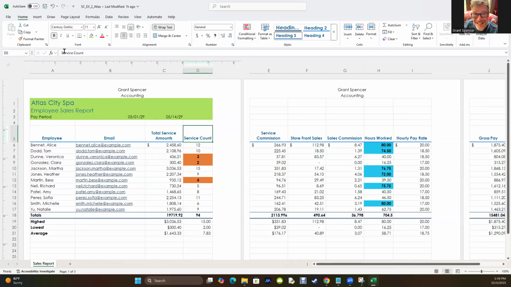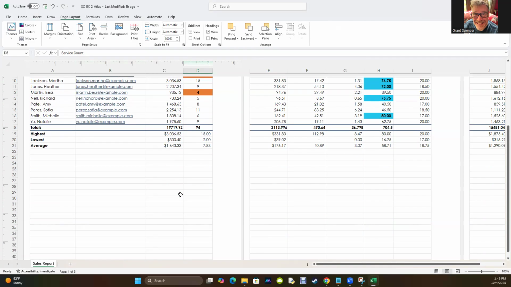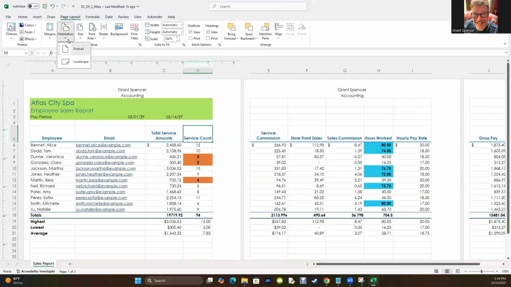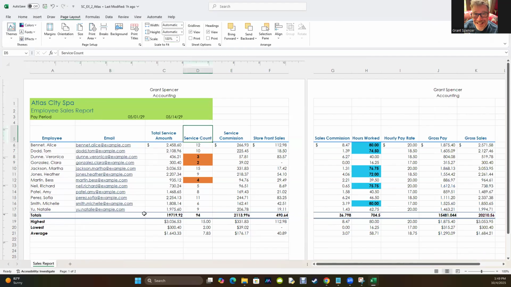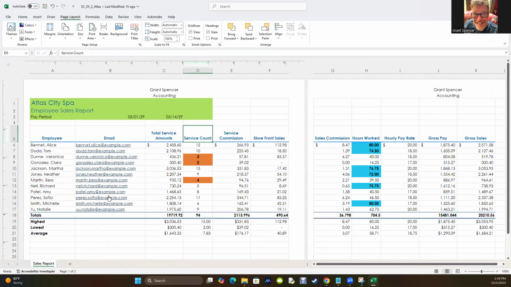And what else? So page layout, and the other thing we want to do is right now this is portrait. See all this wasted space? It's basically vertical. What we can do is change our orientation to landscape. And now we're down to only 2 pages, which is not too bad. All right,